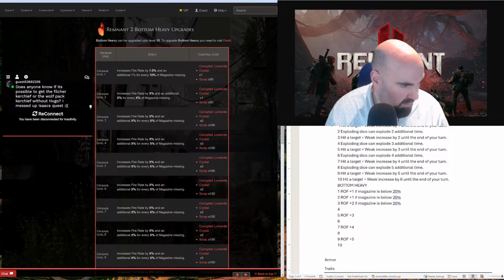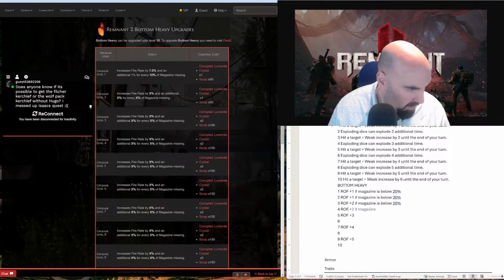And it also should be noted that these abilities replace each other. So, and this one's going to be ROF if magazine is below 30%. If magazine is below